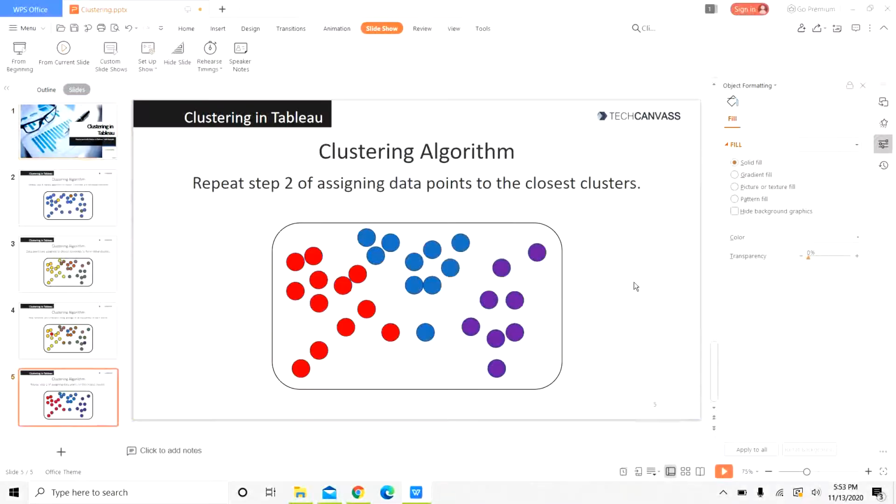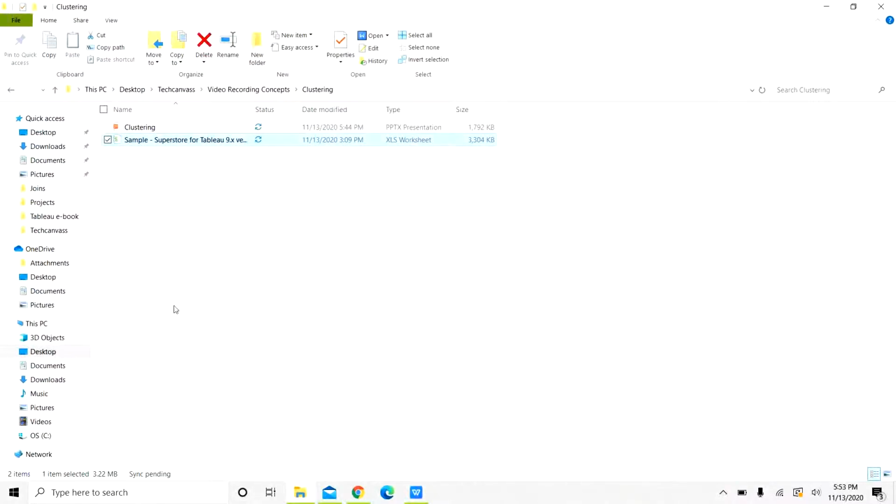Let us look at an example in Tableau. Before that, suppose there is a marketing team of a company and they are interested in analyzing the spending capacity of customers in different states. They want to work on their marketing strategy. Let us look at the data set here.